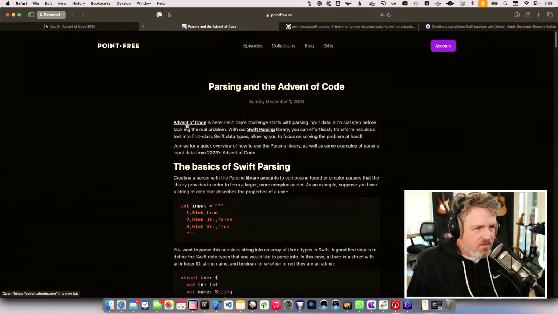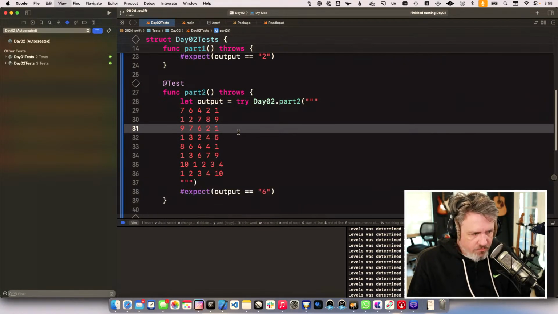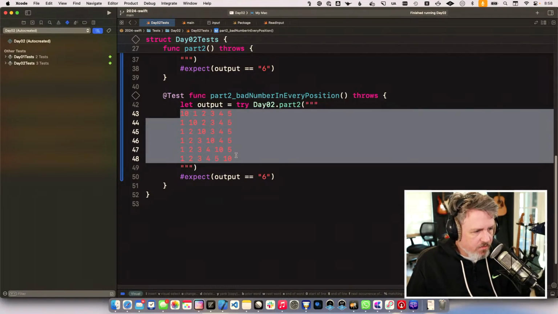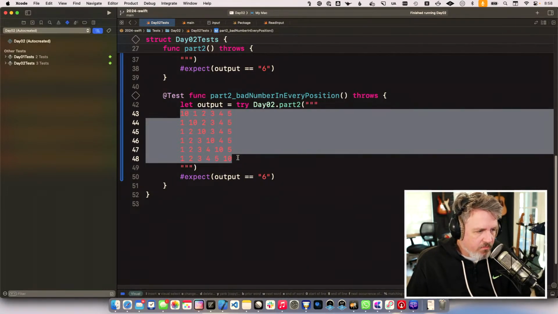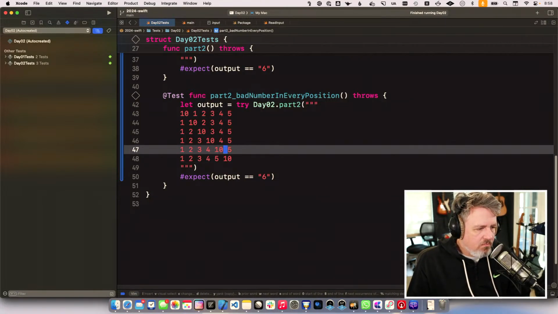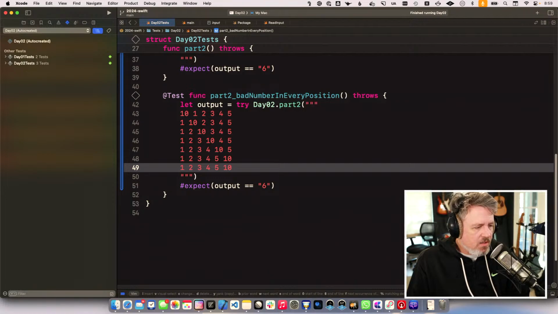So I'm missing some additional test cases in order to figure this out. So if I was getting too high of a number, then I would be looking at all the things that were deemed safe, and one of them would be incorrect. In this case, maybe I need to include